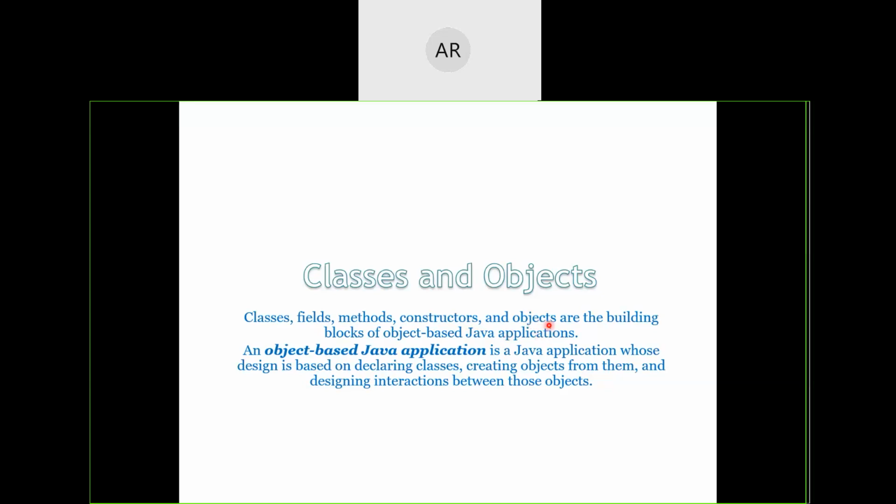And what are objects? How do we define those objects using the classes? How do we declare those objects using the classes? So these things which we are going to discuss are called building blocks of object-based Java programming, building blocks of an object-based programming language.